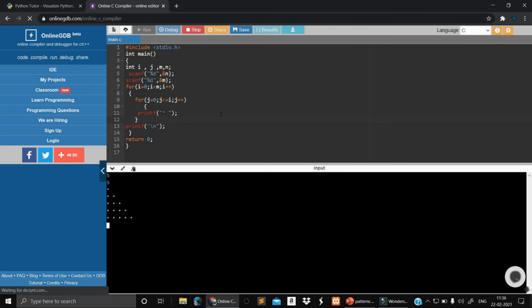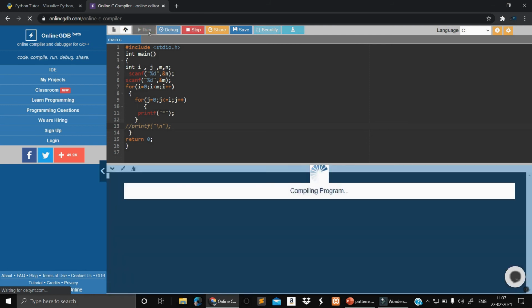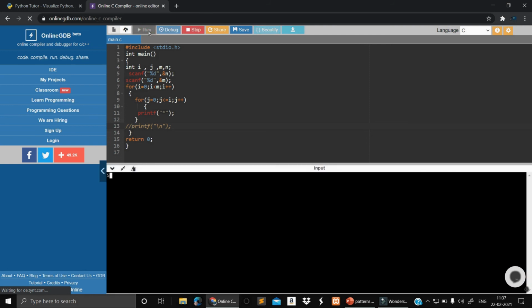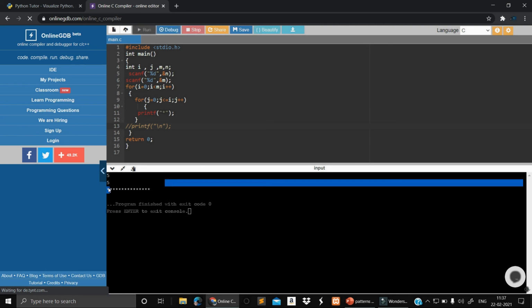So what if I didn't specify any new line here and I comment out this line, what will happen? You can check here itself. Anyway, you want proof of each and everything, right? So I commented this one, and if I run this with 5 rows and 5 columns, I'm getting everything in a single line, right?